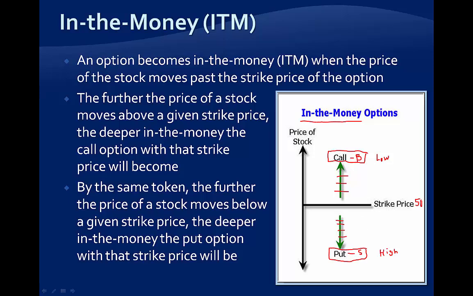The lower it goes, the more my put option is worth, because it moves further and further in the money. And again, that's intrinsic value. If a stock's trading at 40 and I own the 50 strike put, I have $10 of intrinsic or real